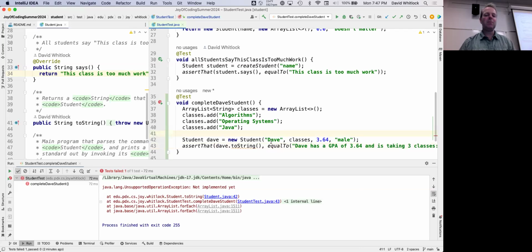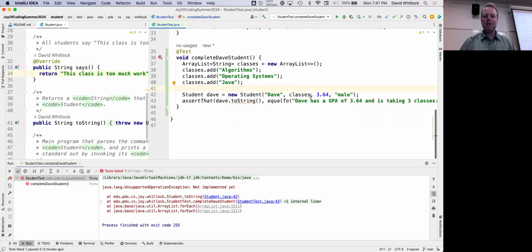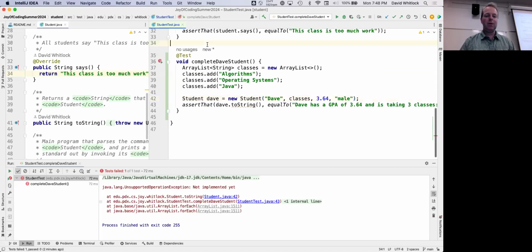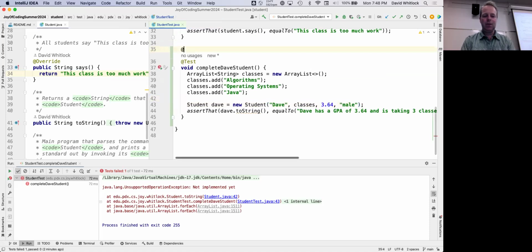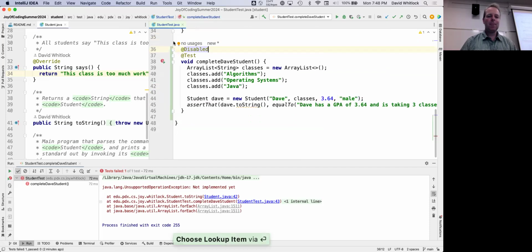Also, if I were to make some change, let's say I changed something about the student. Maybe I change the type of classes, or maybe I represent the gender in a different way. If it's commented out, the compiler's not going to tell me that it's broken. So I want to leave it in, but I just don't want to run it. And so the way you do that in JUnit these days is that you have a disabled annotation that you put on it. And now when I run all of my tests,